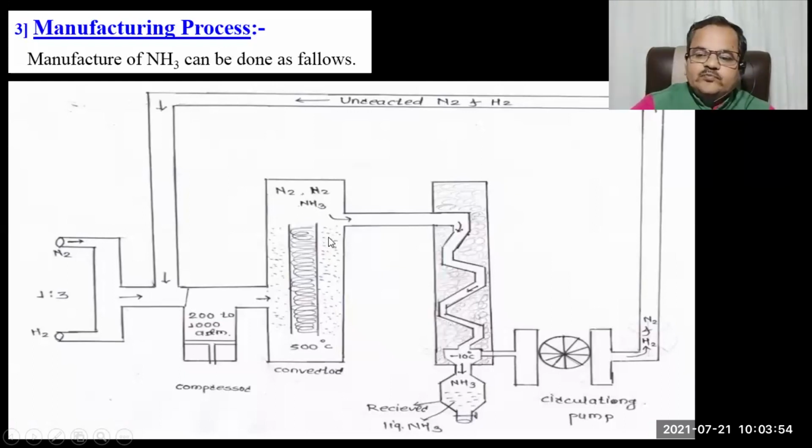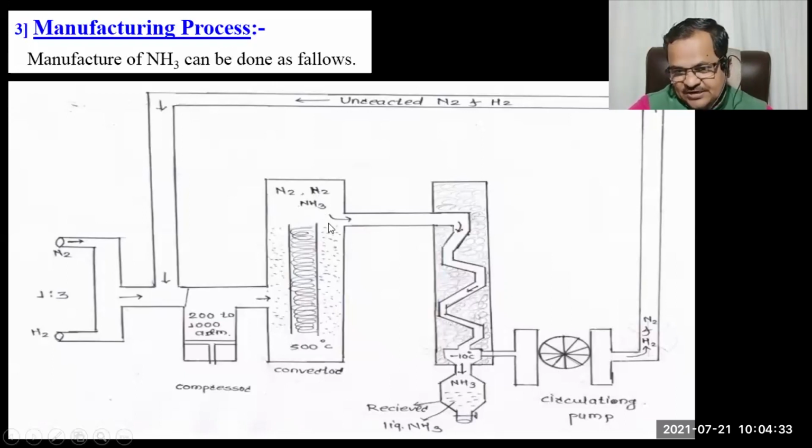Okay. Now here, not all the N2 and H2 reactants get converted into NH3. Only a few N2 and a few H2 get converted into NH3. For example, only 8%. Suppose you have taken 100 N2 and 100 H2 molecules, reactants, then out of these 100 N2 and H2 reactants, only 8% of reactants get converted into ammonia.